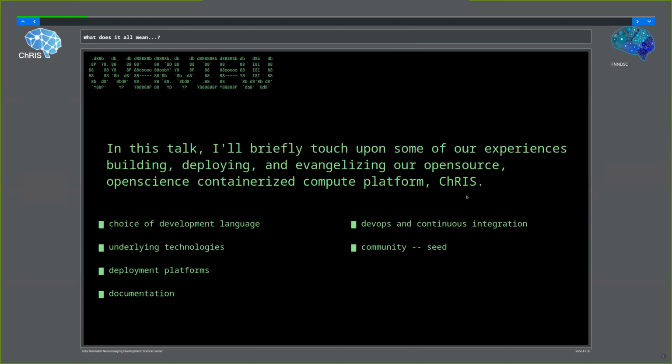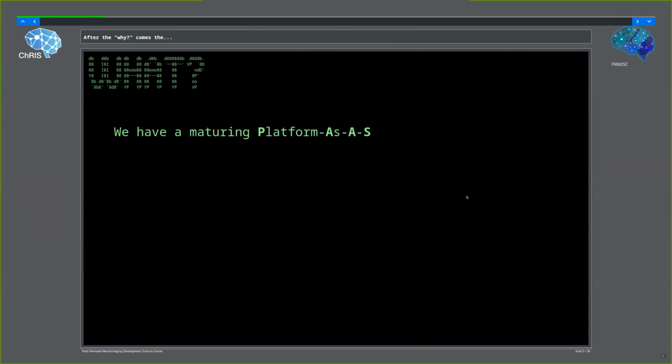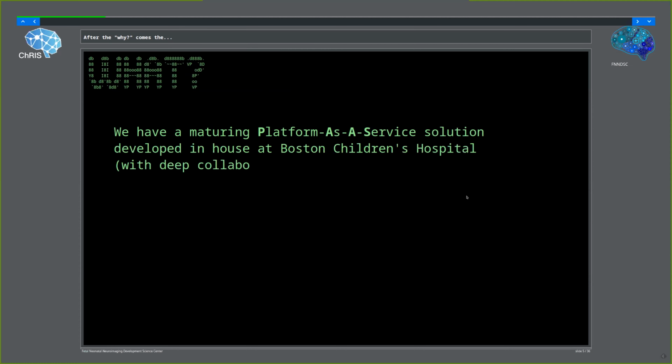How do you seed community and how do you grow community? Again, I don't have any silver bullets or magical answers for any of these things, but I'm happy to talk about our experiences on these. It'll be a quick overview on the surface, because we can't go into too much detail, but we can always come back to further discussions.